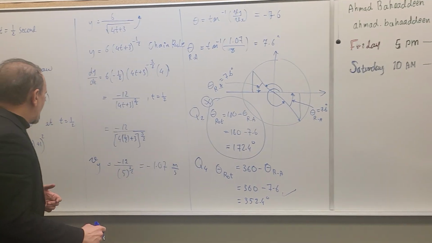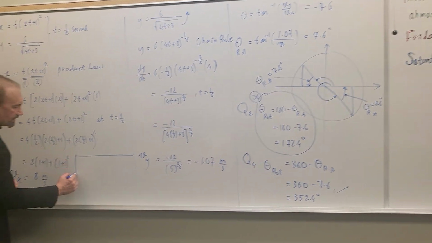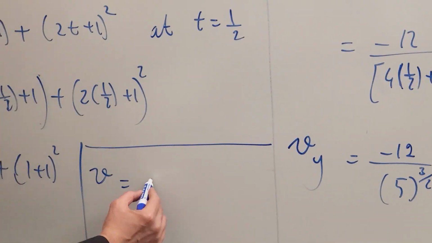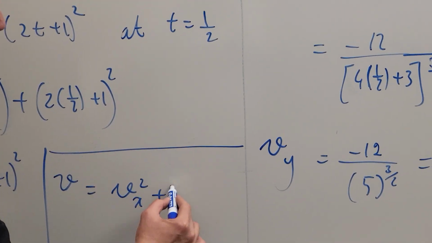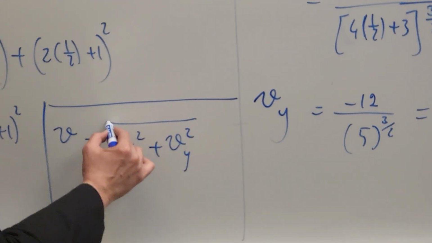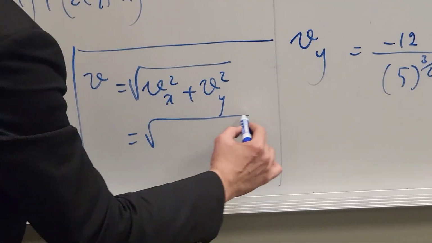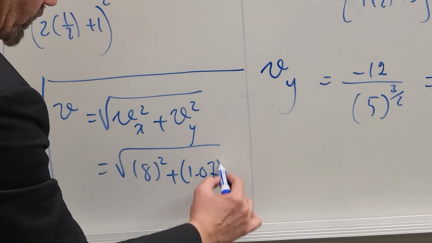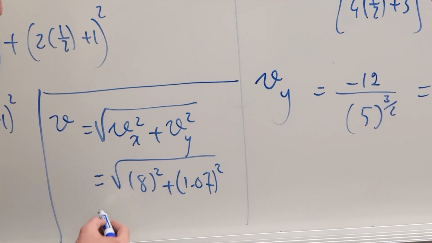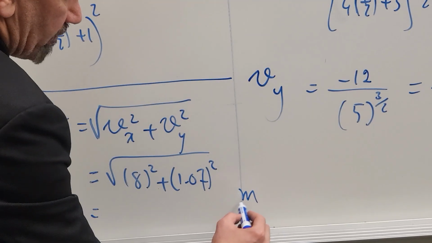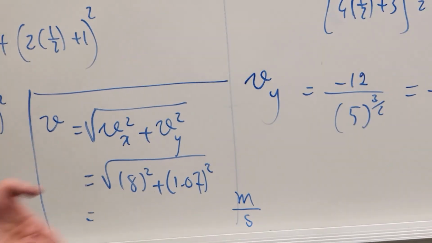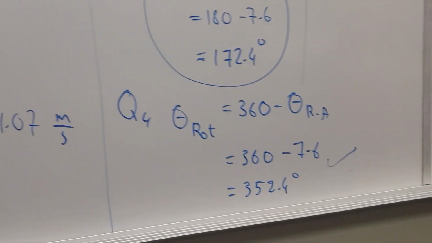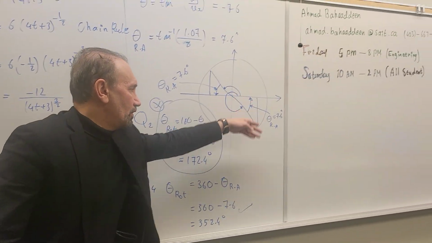The last thing we can do here is take the total velocity, which is given by the Pythagorean theorem, Vx squared plus Vy squared under the square root. We apply that, so we have 8 squared plus 1.07 squared, and that's the magnitude. When we do that, we get the magnitude of the velocity in meters per second, and this is the direction. We said that the direction is in the fourth quadrant as the velocity in the y-axis is negative, which is here,